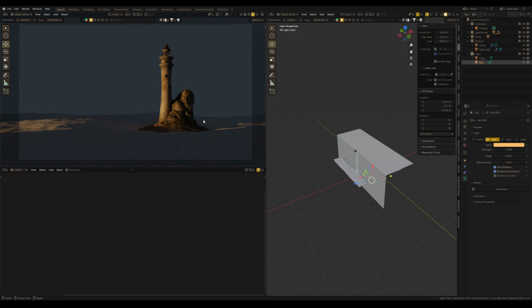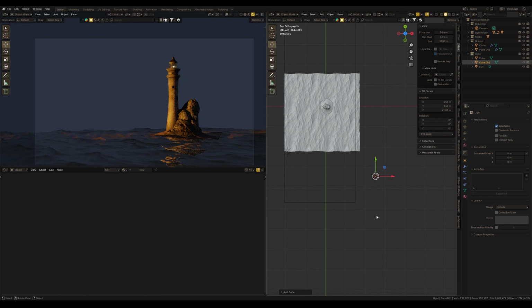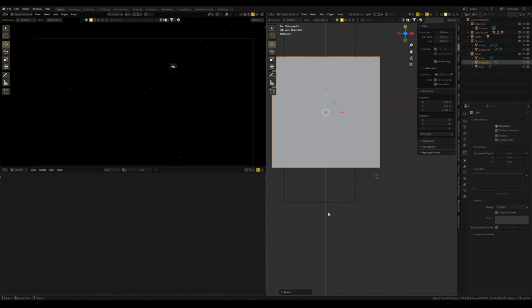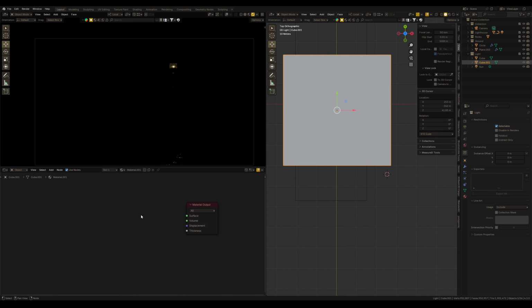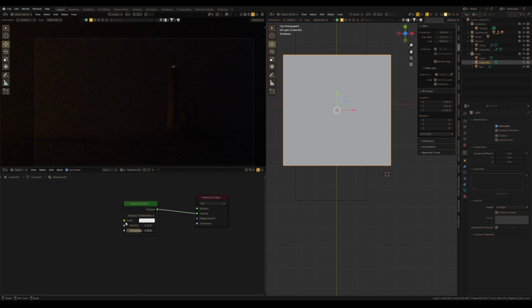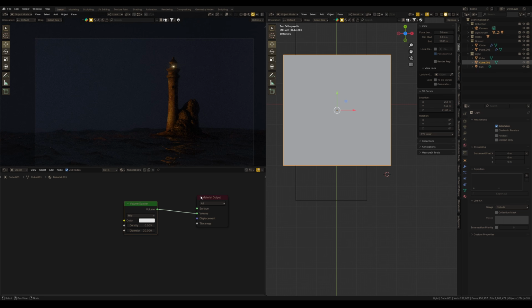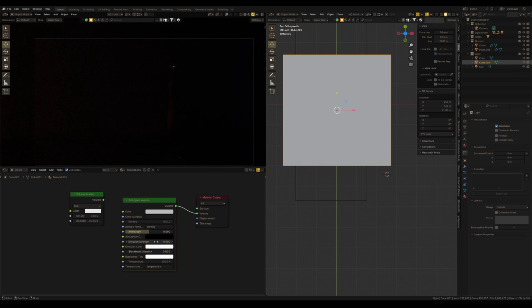Essentially, I need this object just to make light rays, because I was going to use volume to make this deep atmosphere. And since I use Blender 4.3, and I hope you watched my video about new approaches to making atmosphere with the new volume scatter in Blender 4.3, I thought to use this new volume scatter, but then I realized that here we don't have emission in volumes, which I really need, and I also mentioned that in that video.